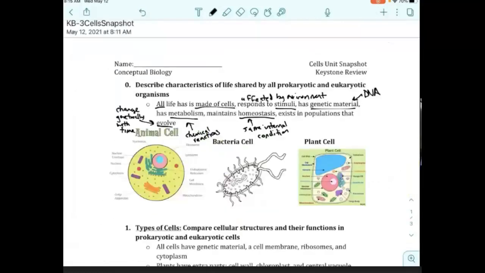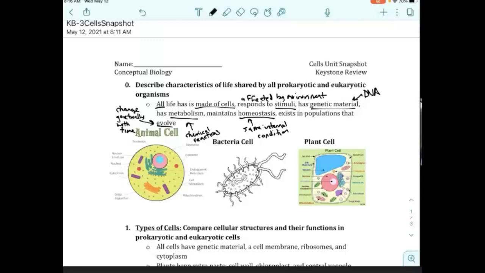Okay? And really, this is what we talked about all year, right? If you look, these are all the units that we did this year, right? We talked about cells, we did the cell unit. We talked about the environment and how life is affected by other life forms and by their environment. We talked a lot about DNA and how it allows information to be passed from one generation to the next. We talked a lot about metabolism, right, and chemical reactions and how enzymes are tools that make reactions happen.